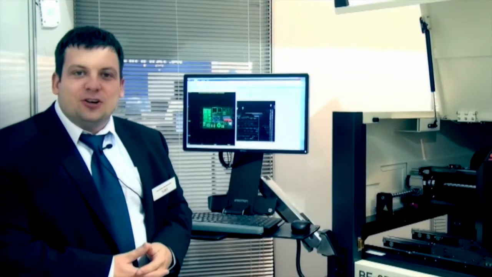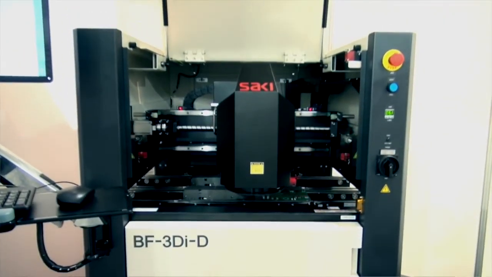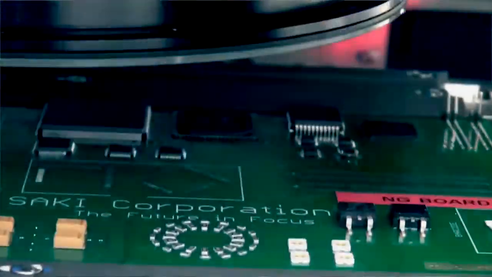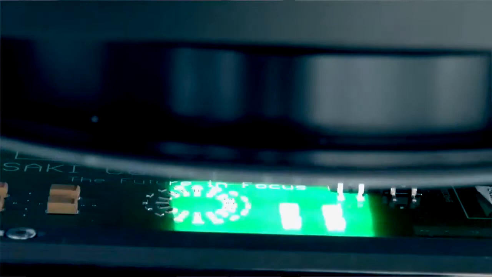Let me introduce the third generation of SAKI 3D AOI. The current 3D machine has been on the market since 2012. This is the brand new system, which brings a lot of benefits for new users. The brand new gantry can accommodate 3 versions, starting from dual lane, single lane for L size, and the XXL